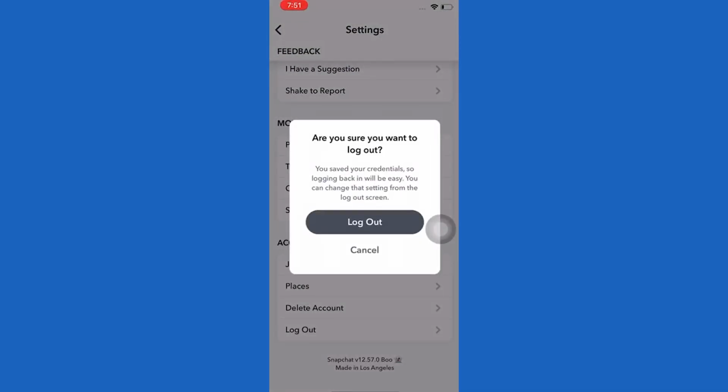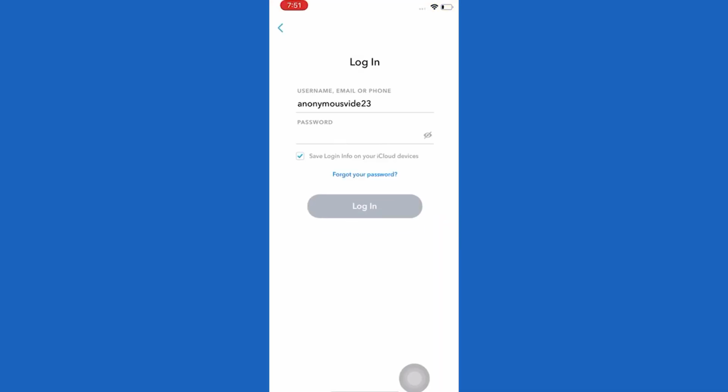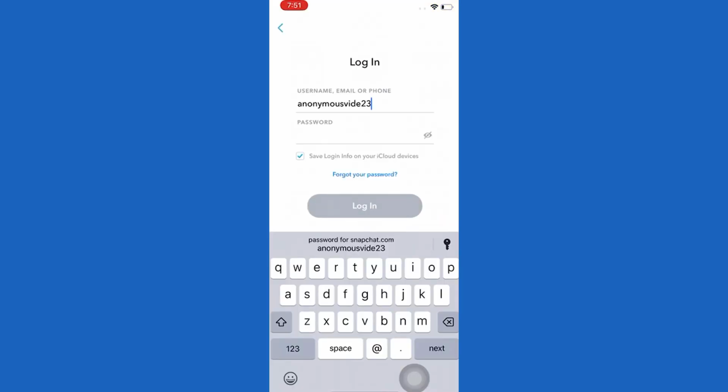When you tap the logout button, you can just choose to save this password. Now you can just try to log into another account by just tapping the Use Other Account button here. When you enter the new password and log in next time,